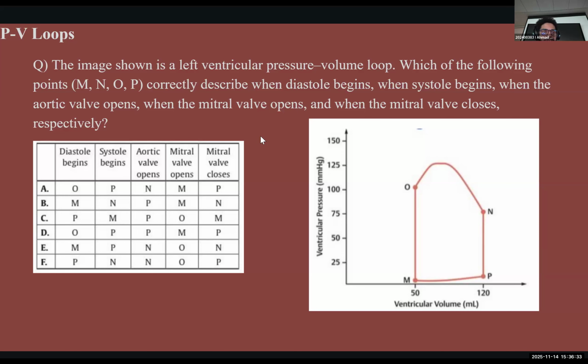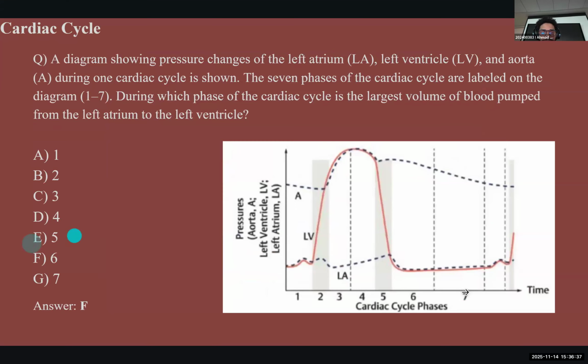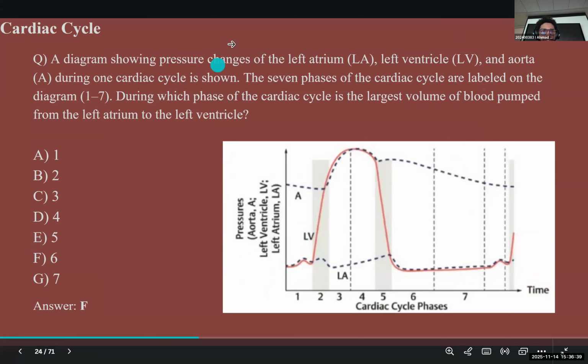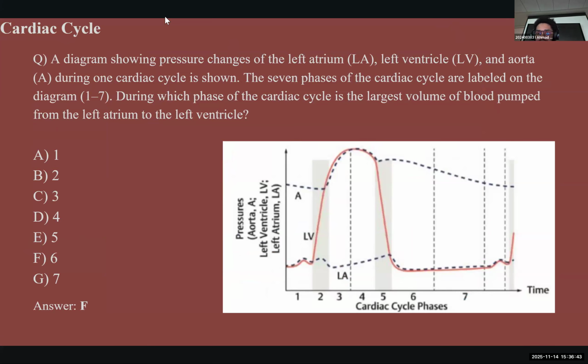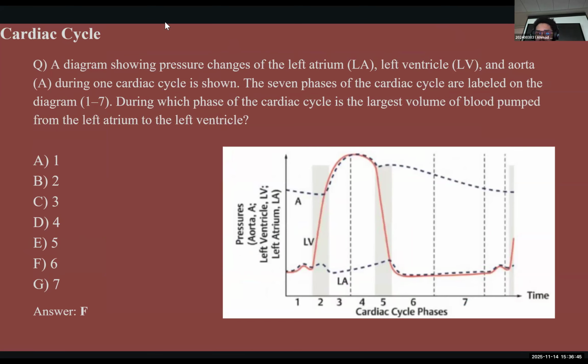I guess you're talking about the cardiac cycle question. Let's go back to it quickly. This one. What does the question say again? We know stage 6 fills most of the ventricle blood volume, but it's by rapid inflow, not by pump, because the atrium still did not contract, right?